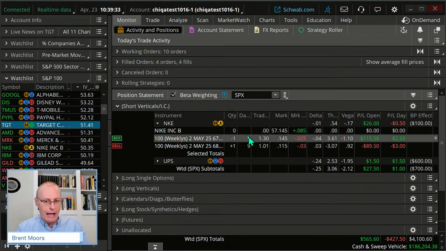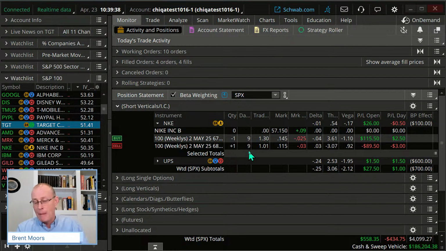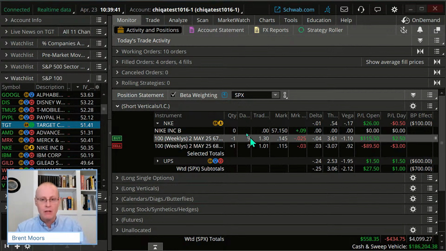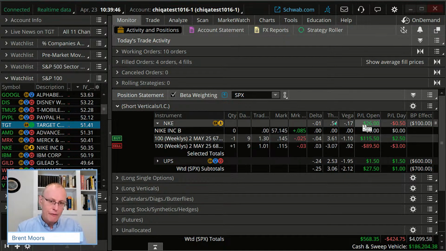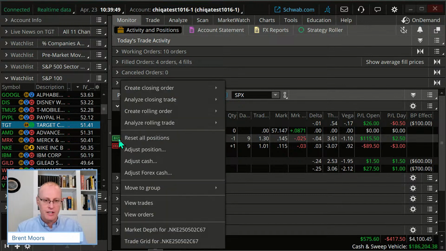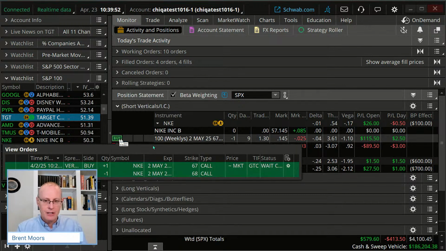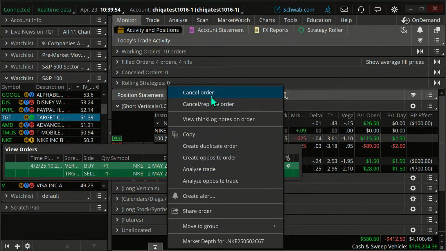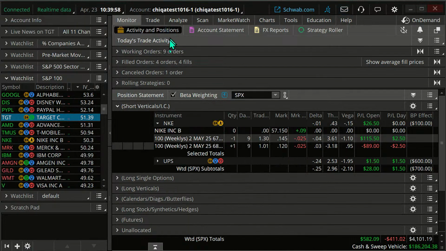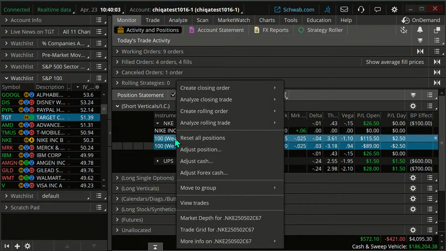You don't need to get out at 9 days to expiration, but typically in this class, we teach getting out with about a week or so till expiration. So I'm going to manage this trade and exit it. It's a small profit, but we'll take a small profit here in this example trade. I'm going to cancel my exit orders, those stops and everything. And I'm going to look to exit this short vertical right now because we're not near our max gain. We're not losing a lot of money either, but we're under 10 days to go till expiration. So we're going to get out there.